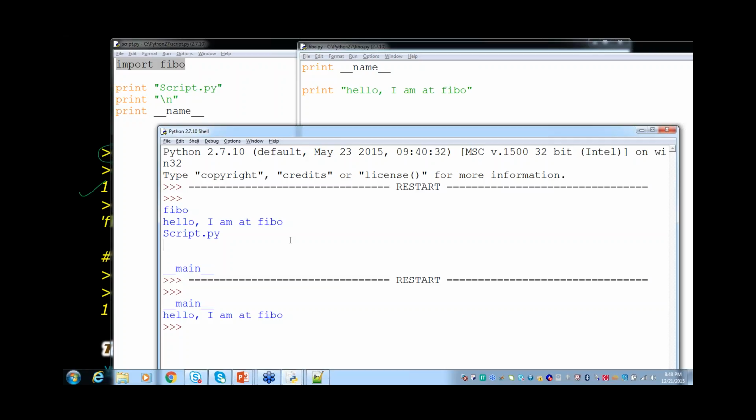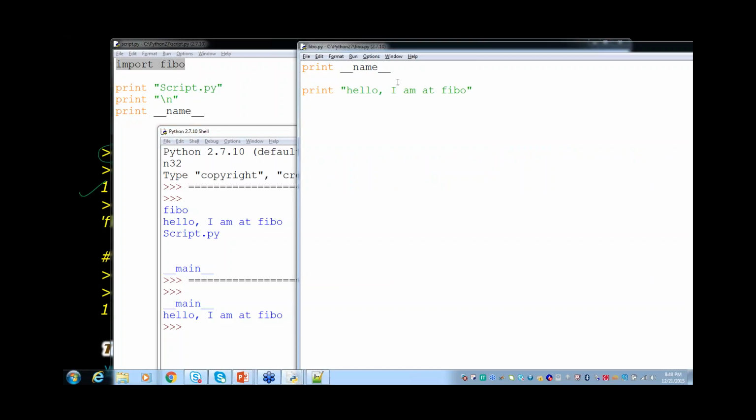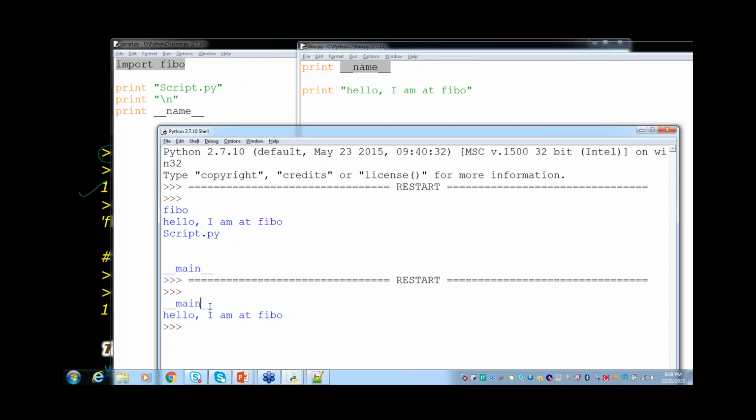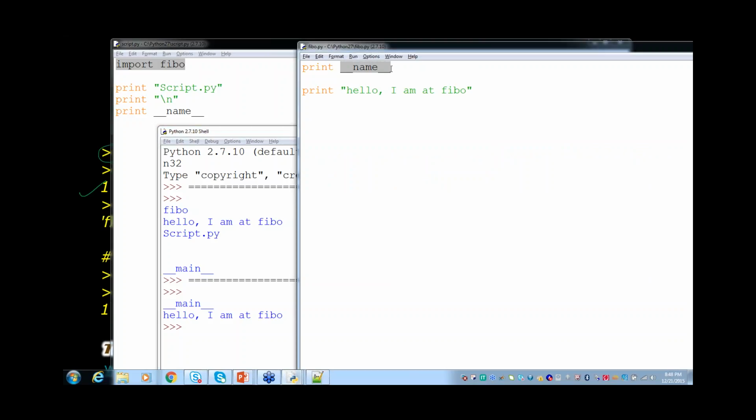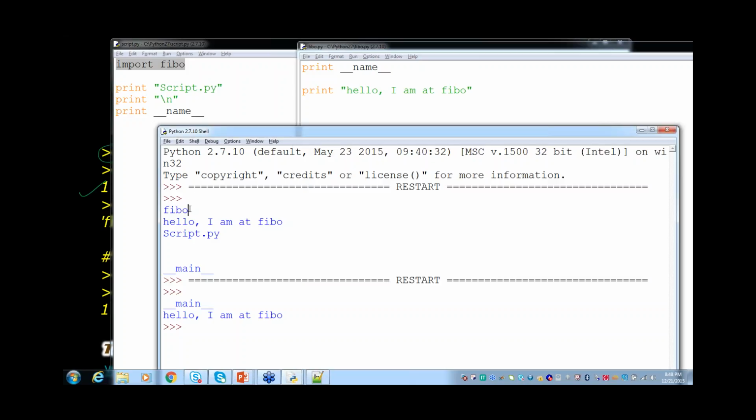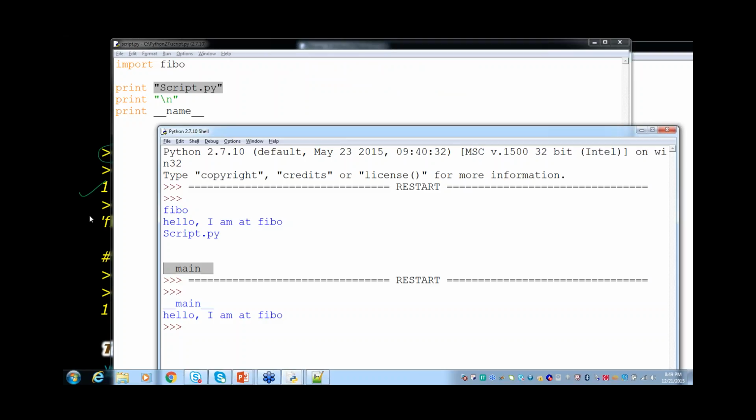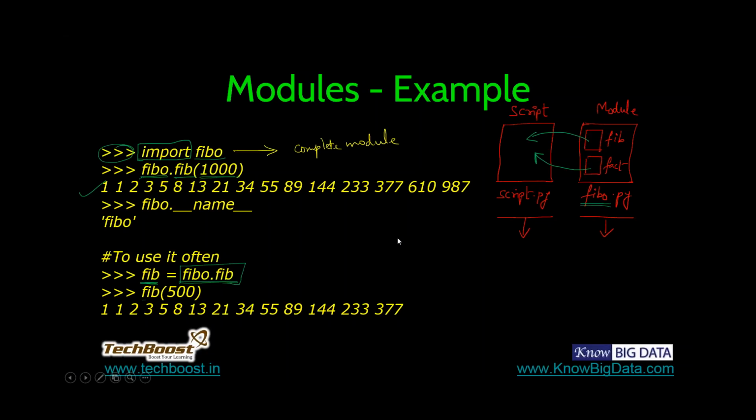As I said, when a Python file is run standalone, the __name__ variable, this special variable, holds the value double underscore main double underscore. And then this print has come. Now in the first case, when I run script.py, the name of the module comes as fibo. It says that right now I am running in the scope of fibo, not in the scope of script.py. Then followed by this print, and then a new line, and at the last I have got __main__. I hope this clarifies the scenario of the __name__ variable